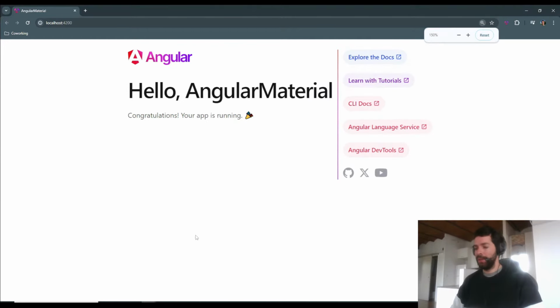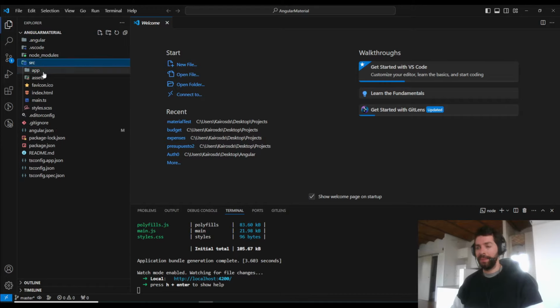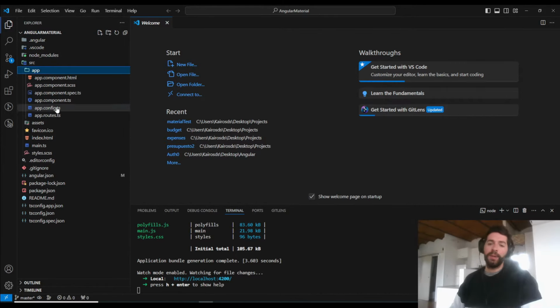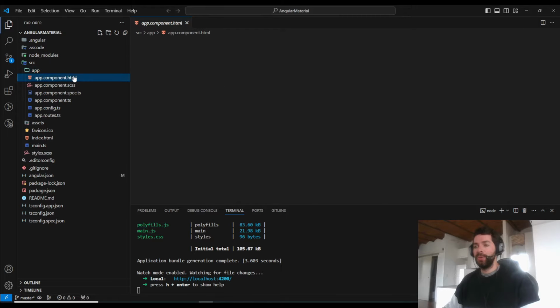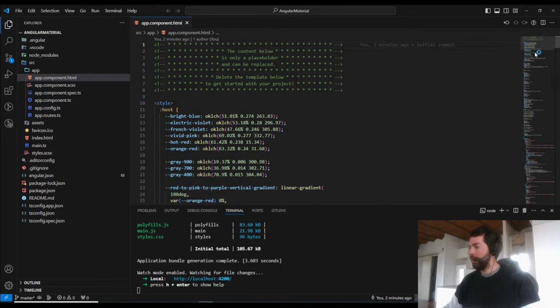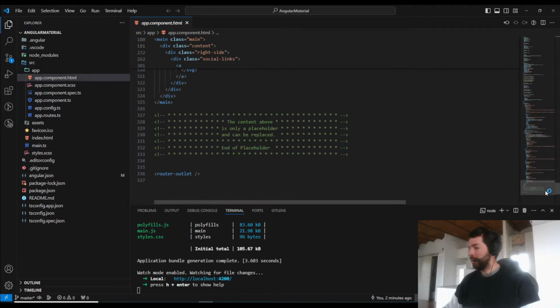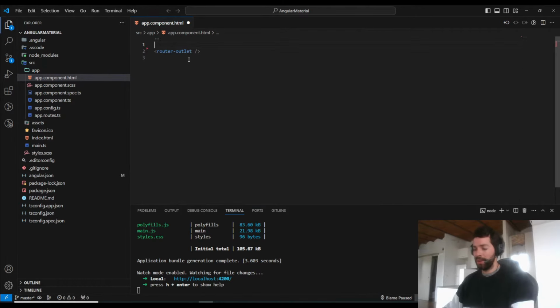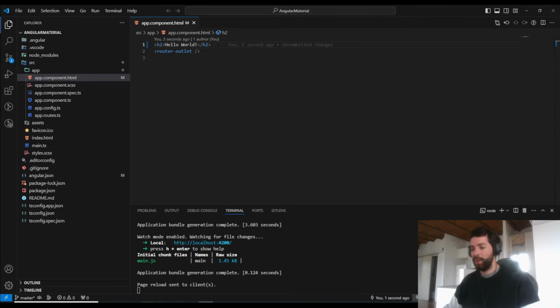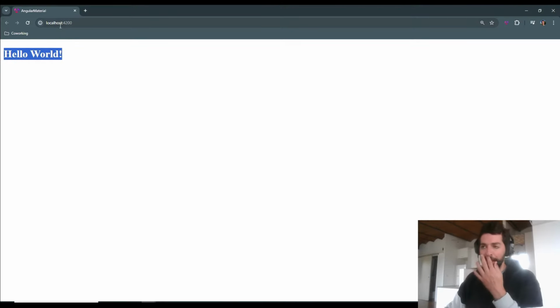Okay, and all of this code we have here in the app component. As you can see here, we are using standalone components. You are not using modules, but if you want to use modules in this project, it is easy. Here I will go to the HTML file, and I will delete everything except the last line, which is router-outlet, because we are going to use this directive. And here I will put hello world. I will save the change, and I will go back to our project, and here we have the